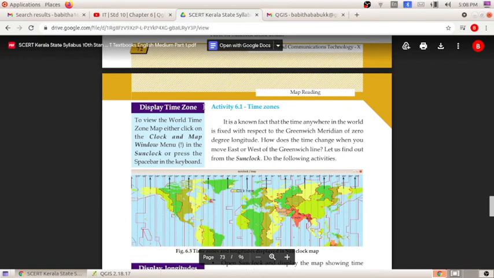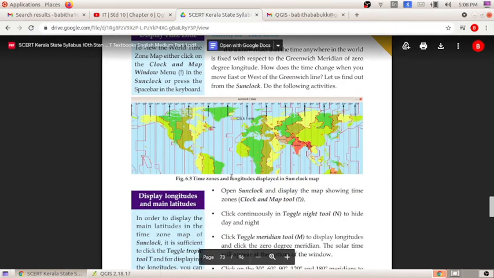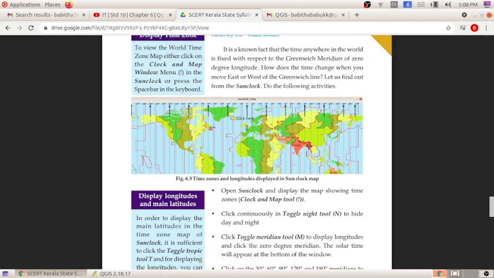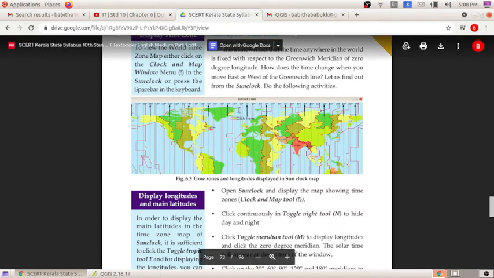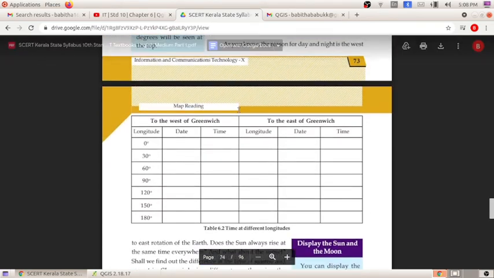The first activity we have done is to find out the time zones, and in this activity we found the different time at 0 degree, 30 degree, 60 degree to the left and the right, and we found out the changes. The second activity is of night and day.